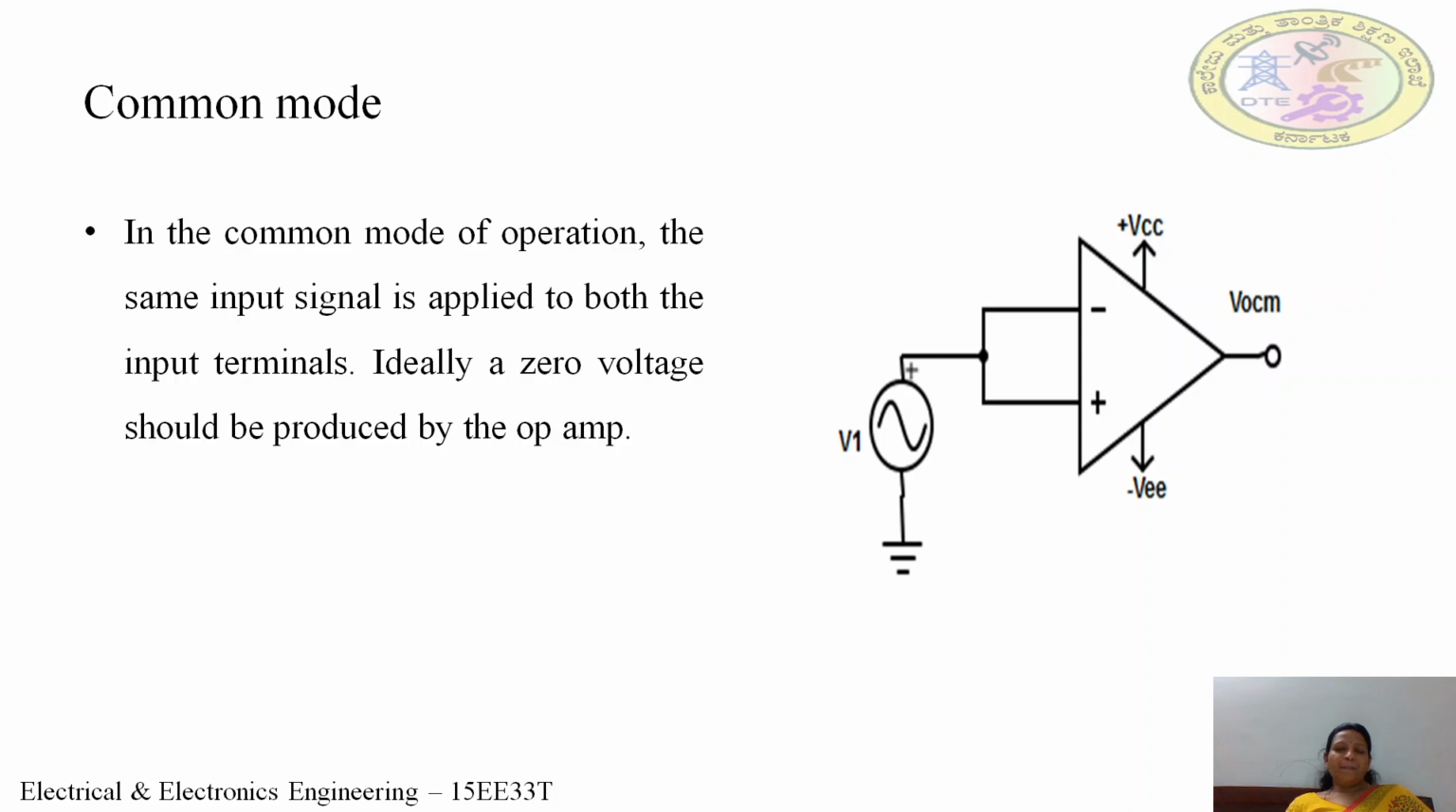As you can see in the picture, one input signal is connected to both the input terminals of the operational amplifier. The input signal that has to be amplified is applied to both the terminals of the operational amplifier. So in this case, ideally, zero voltage should be produced at the output of the operational amplifier, because operational amplifiers amplify the difference of the voltage between the